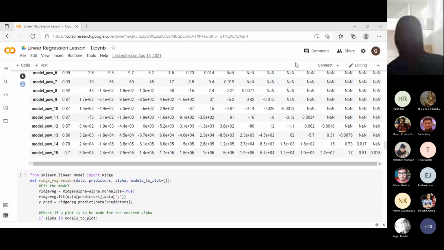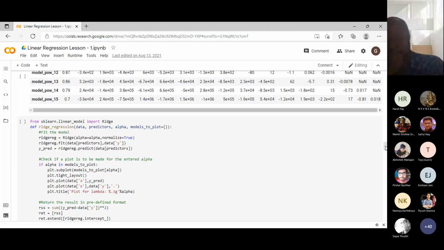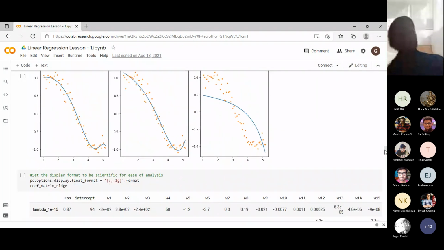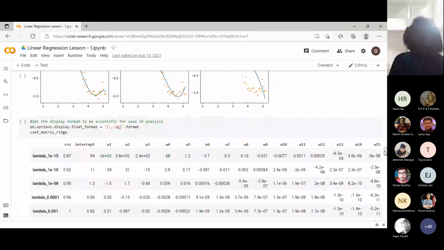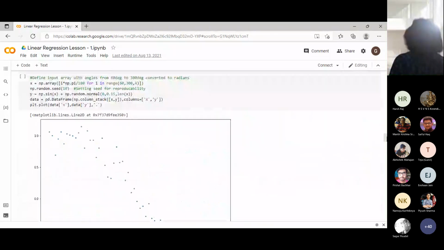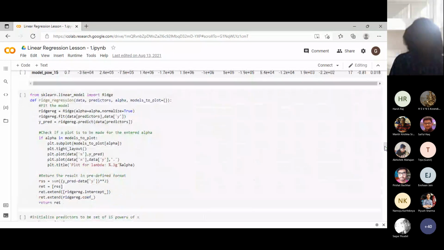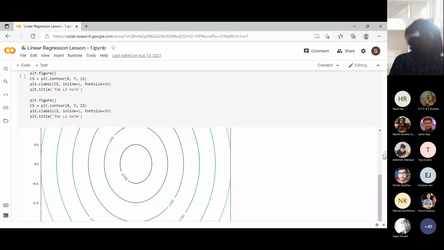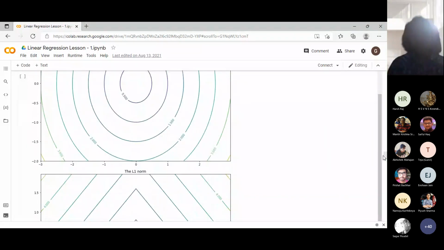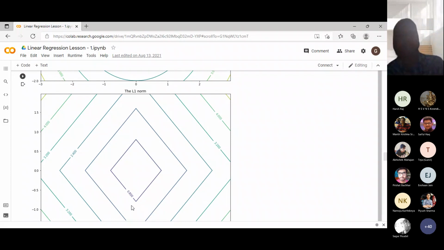Excuse me, sir. Yes. What did you mean by sparsity when you said that the L1 regularizer promotes sparsity? I did not understand. Let's look at it from the point of view of the level curve. What the L1 regularizer does is it has a tendency to push solutions to the corners.